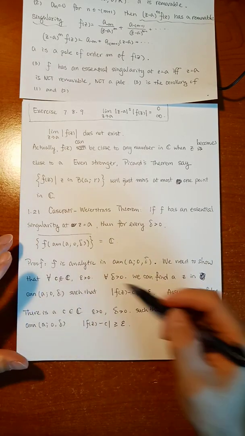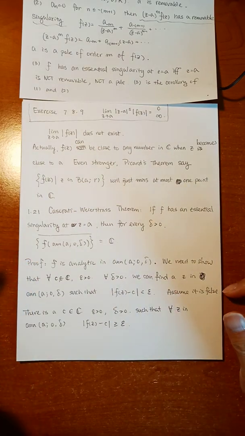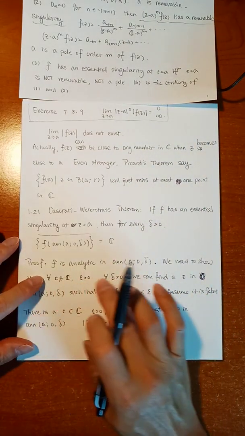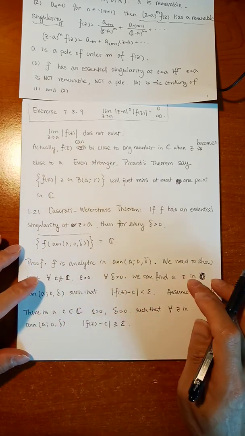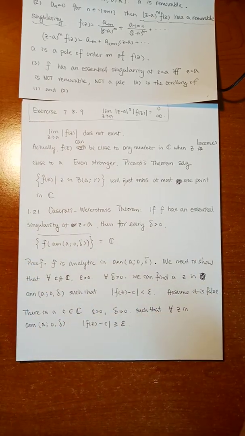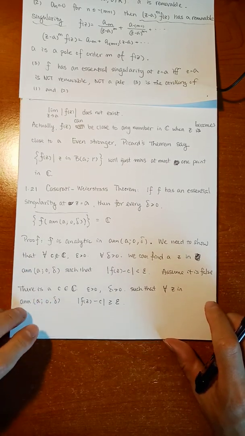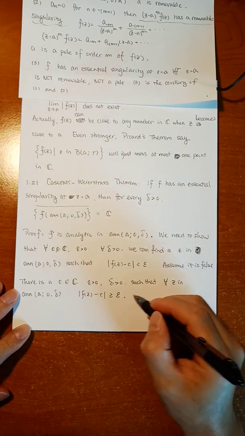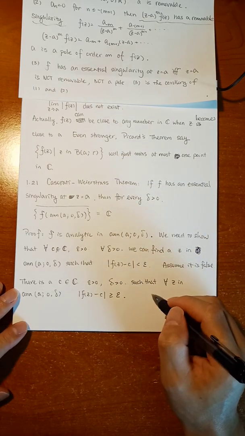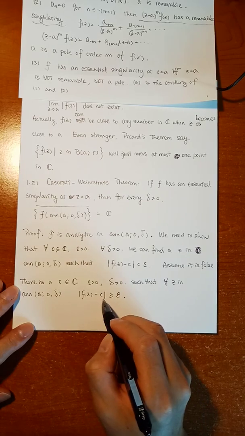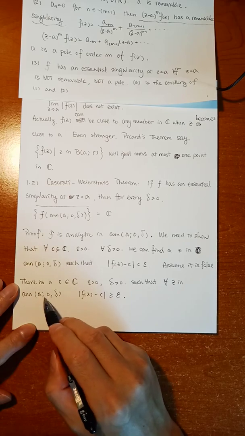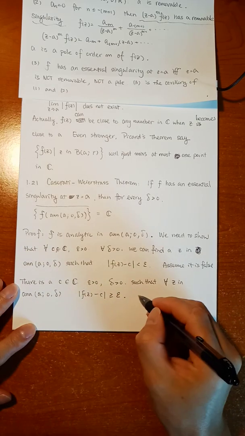Right? So whenever you want to get the converse statement, you're going to prove by contradiction. You need to change all the for all to be there exist, change the there exist to be for all, right? Okay, now let's check it. Let's get a contradiction from our assumption. So |f(z) - c| is going to be greater than or equal to epsilon for every z from this annulus. Then